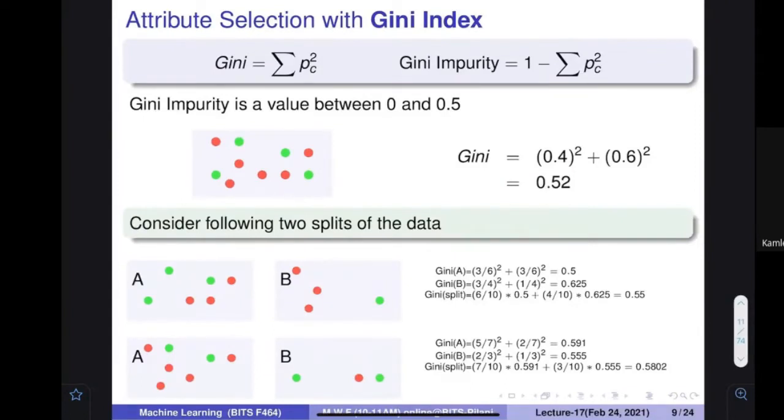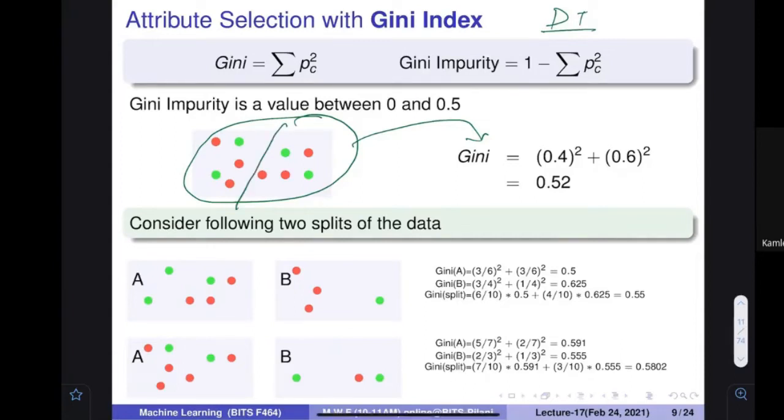Let's assume there is a very important thing, please note it down. Because we have a database, we can immediately find out the Gini value. But our target, when we are going to make a decision tree, is that given the database, we are going to divide it into two parts and want to find out whether this particular division is better or that particular division is better. Multiple divisions we can come up with, and then we can find out which particular division is better.